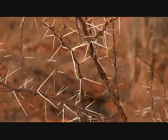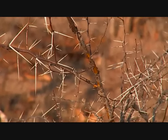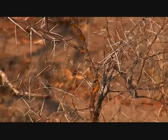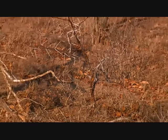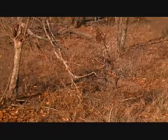So welcome back, and there is a flaky thorn which we were just chatting about. As you can see, it looks quite different, doesn't really become a big tree, stays a sort of little bush like this, and you can see how peely the bark is and very flaky. Still got those massive thorns on it,